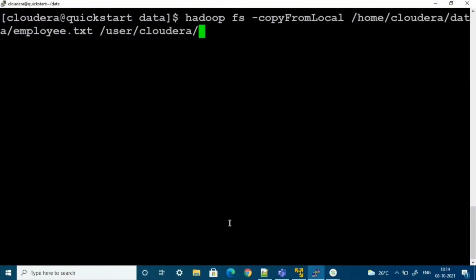Here I used copyFromLocal, right? So instead of copyFromLocal, we can use one more similar command, that is the put command. Okay, so we'll see that later. So before that, I want to create one directory inside the HDFS